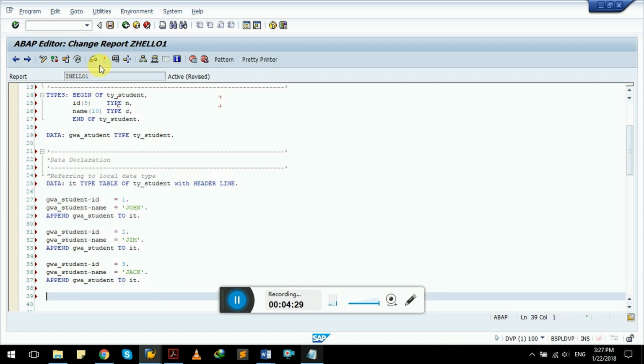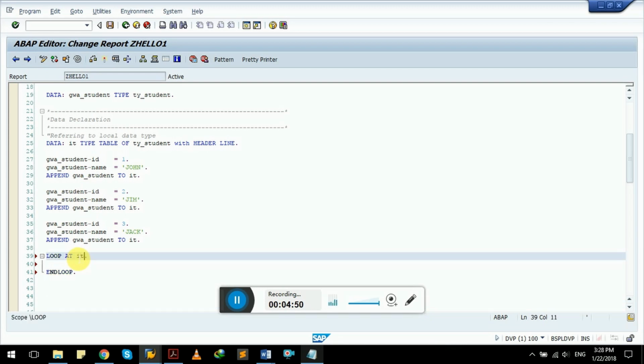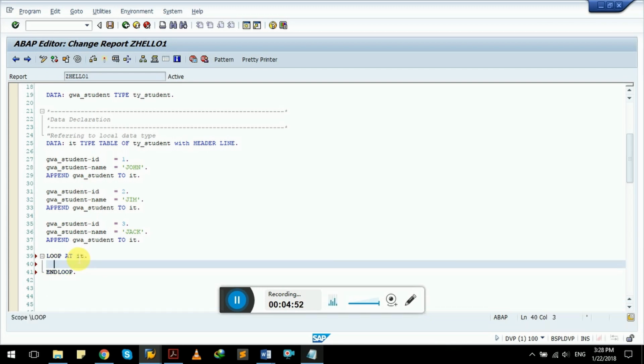So let's try. For now, if we activate it, there are no errors, and if we process it, it will show nothing because we haven't given any write statement yet, so there is no output. Now let's output all these records through a loop. This is the loop syntax, LOOP AT internal table, which is IT, and ENDLOOP. In this loop, row by row, I will show all the records which are currently in our internal table. So a write statement